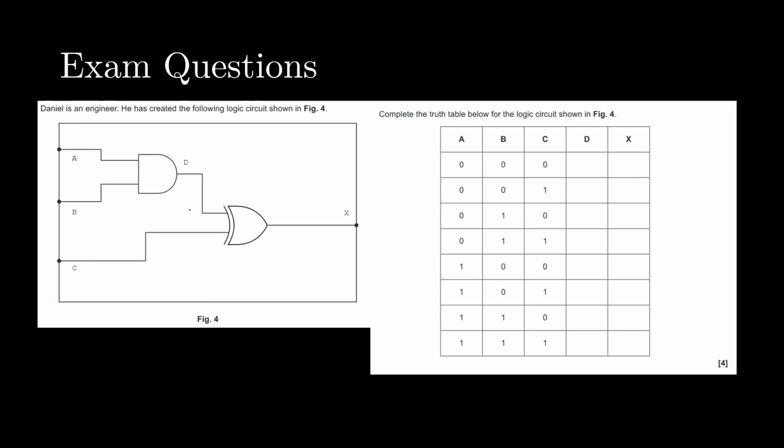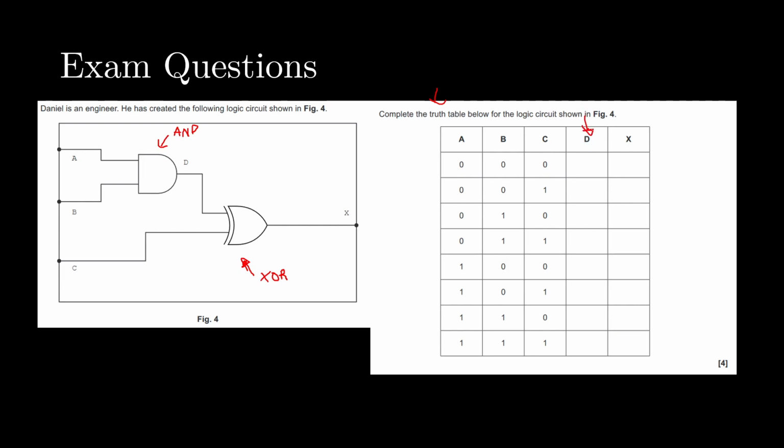So here's our last question, and they can also give you a logic circuit diagram, and they want you to interpret it and complete a truth table with that information. So this symbol is actually the symbol for AND, and this is the symbol for exclusive OR. So let's complete